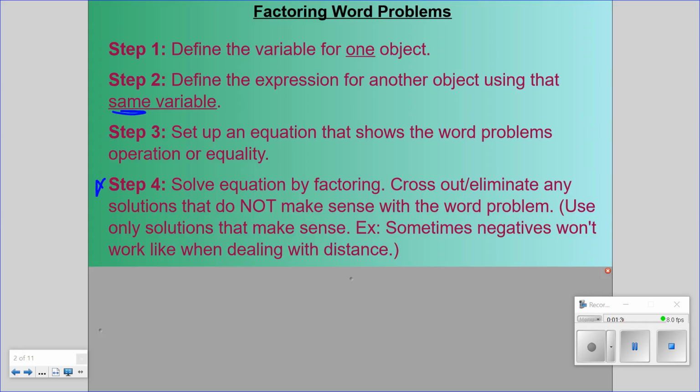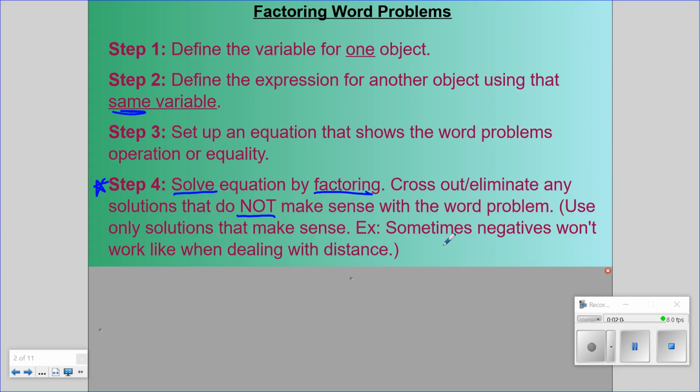This is the part that will probably be the new application portion, where you're going to find that with these equations, when you start to solve for your variable, it will gain an exponent that will be higher than 1. So when we have exponents higher than 1, to solve those types of equations, we have to use the factoring methods. After you've solved, you will cross out or eliminate any solutions that do not make sense with the word problem. So we'll talk about this throughout the lesson, but